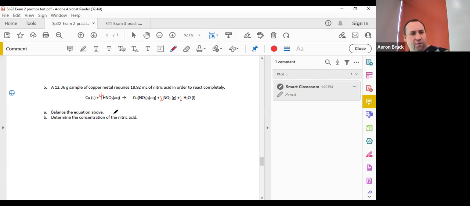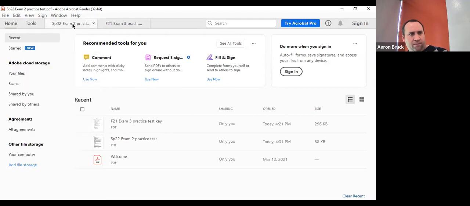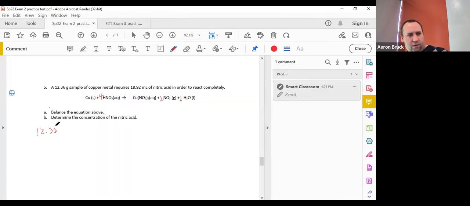So to figure out the number of moles of nitric acid, I need to take that 12.36 grams of copper